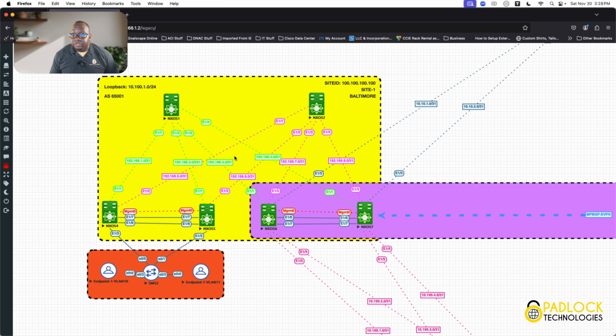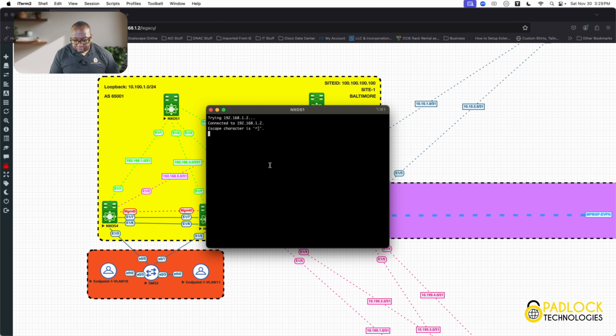I'm using /31s. If you're doing point-to-point links, /31s are kind of the way to go. Depending on who you ask, some people like /30s, some people like /31s. /31s allow you to use all the space in a subnet, so you can actually use a .0, whereas in /30s you can't. So you can conserve some space with /31s. But here's my spine here. So if you're thinking about the spine here,